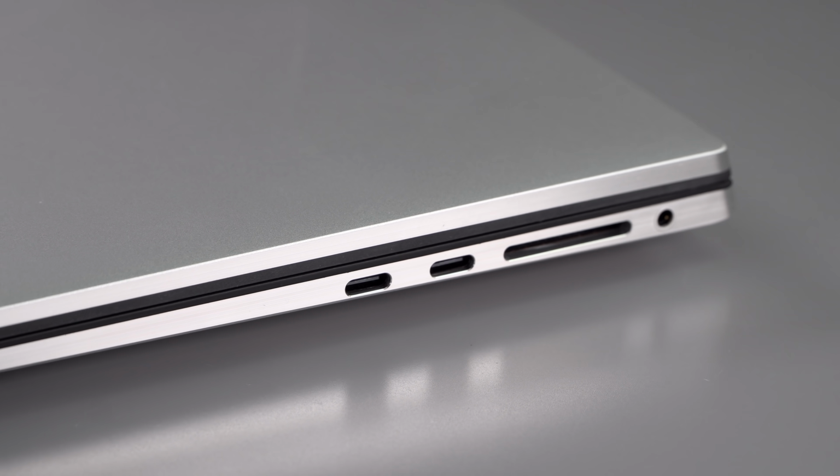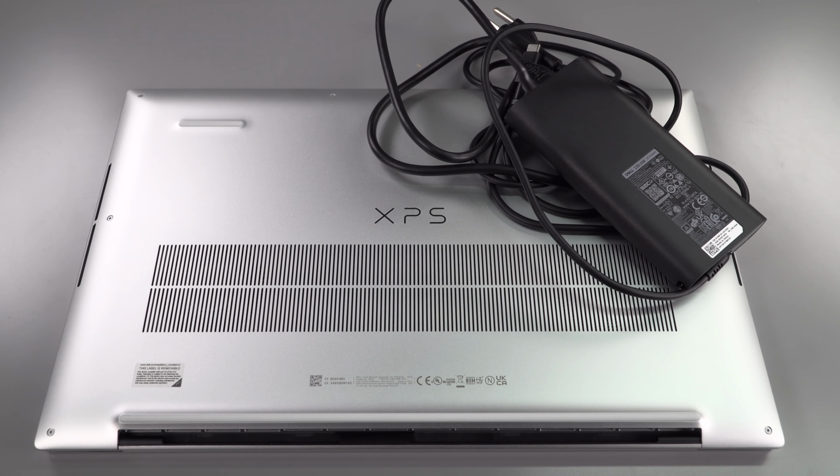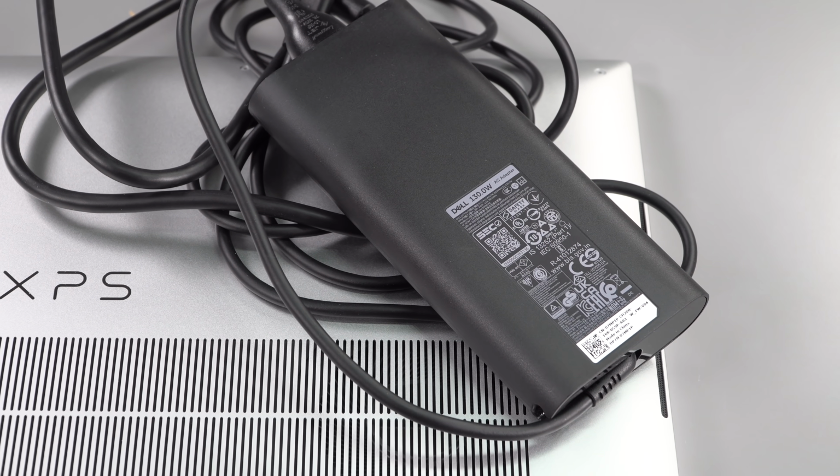on board. So it will be dongle life, but you do get a little dongle in the box that gives you HDMI 2.0 and a USB-A connector at least, so you don't have to go and source your own immediately. That helps, but that is an annoyance. They wanted to make it so thin, 19.5 millimeters, so there's not even room for a barrel pin charging connector. So Dell did their own re-engineering of the USB-C charging spec, which should top out at 100 watts, and they're